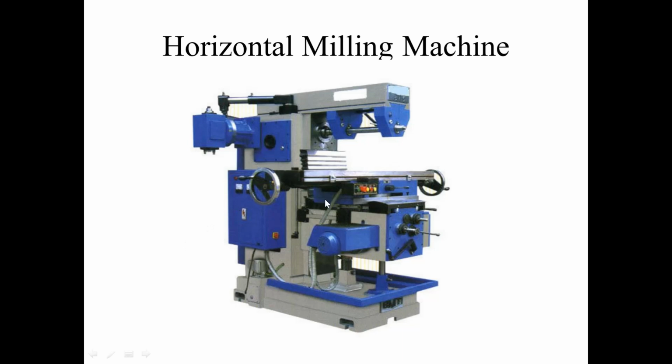Next, this is a 3D image of a horizontal milling machine, which clearly defines the different elements of the horizontal milling machine. Many of the elements are detachable here. We can fix them and we can remove them. We can hold them with nuts and screws. So this is the knee, arbor, forearm. All the parts are given here. So this is the horizontal milling machine.